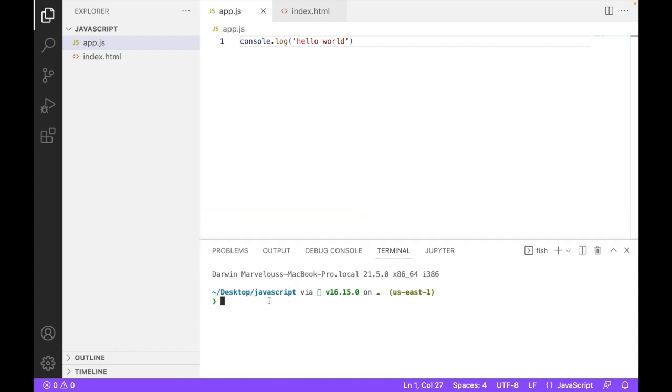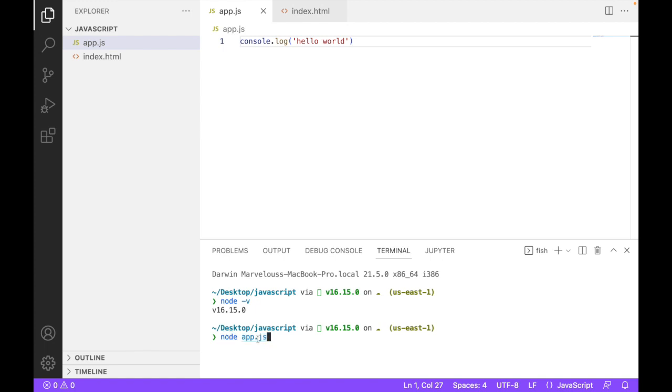Now that we have our terminal open, as you can see, our terminal is currently opened in our working directory, which is desktop/javascript, which was the exact name of the folder we created. The next thing I'm going to do is to execute this file, which is app.js, using Node. Once again, I'm going to verify if Node is installed. As you can see, Node is currently installed. I am quickly going to run node app.js. Now I am executing this file